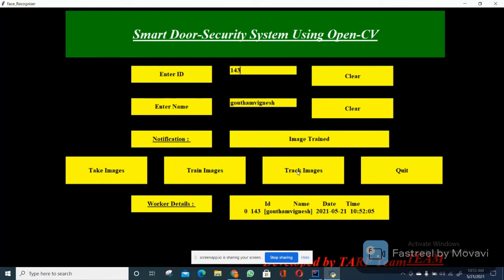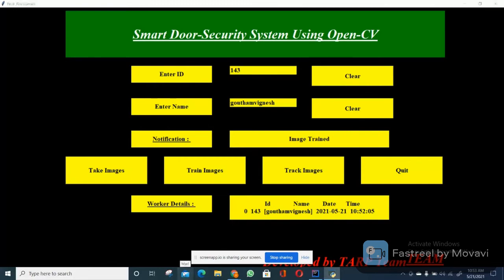If their data matches the database we trained before, it will show that he is our employee, a worker, and the door will open so he can enter. If an unknown person comes to the gate, it will show that the person is unknown, we won't let him enter, and a security alert will be raised so that we can find the unknown persons who tried to enter.